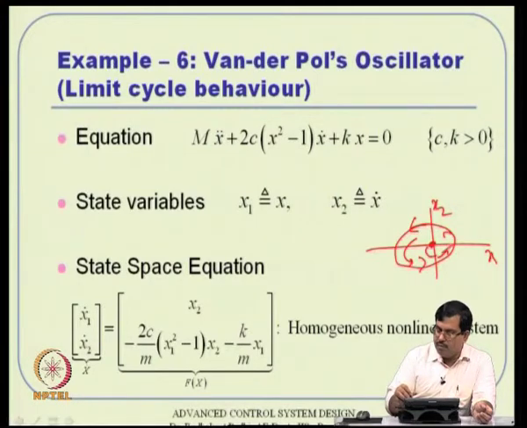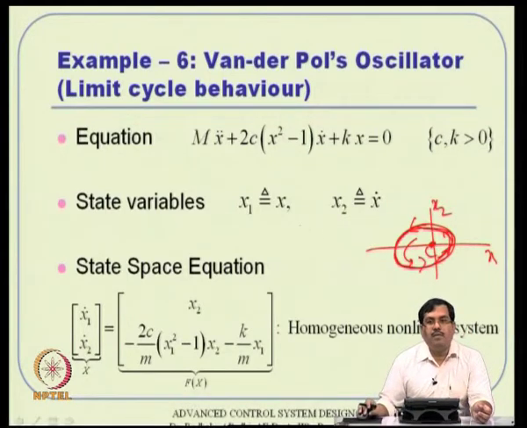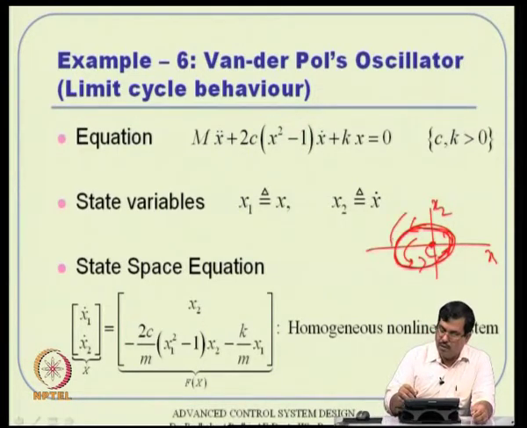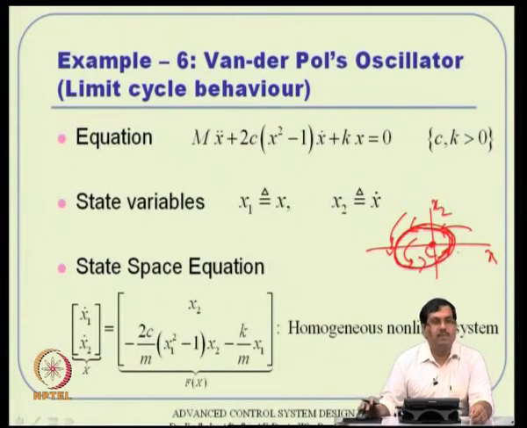But once it converges, it will keep on revolving on the limit cycle. So, if you really want to do a good control system design, this gives us a benchmark problem. Because anything other than that will lead us to the limit cycle. From the outside it will attract, it will try to merge to the limit cycle, inside also it will try to merge.